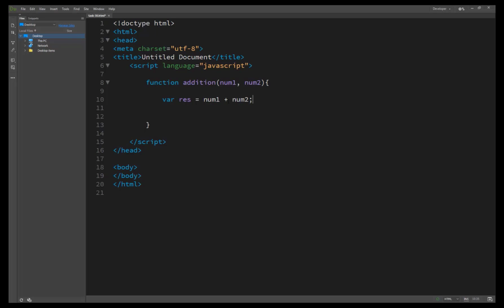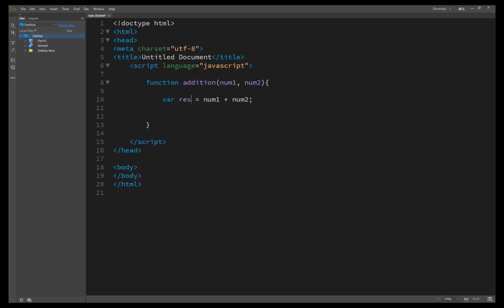Now we get our result outside the function by calling the function. When we call it, we pass two numbers: number1 will be, let's suppose, 10, and number2 will be 5.